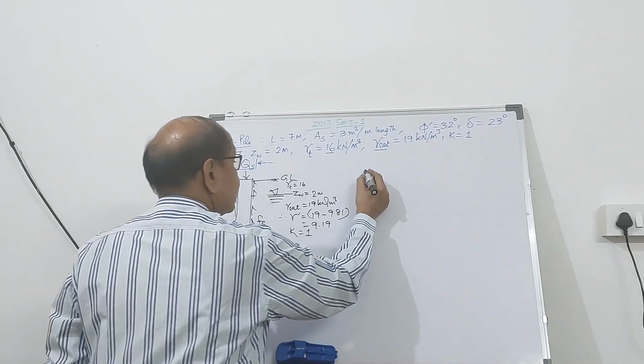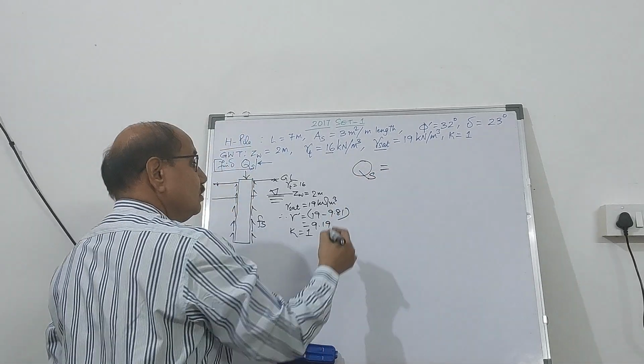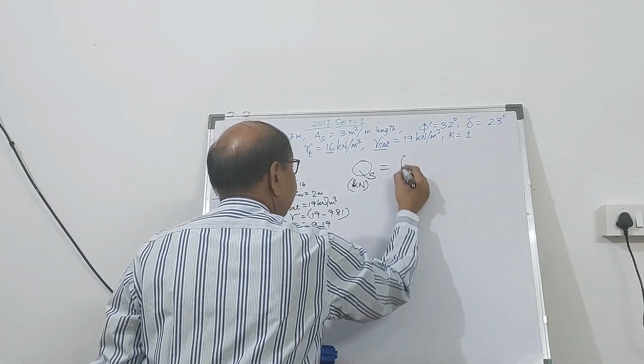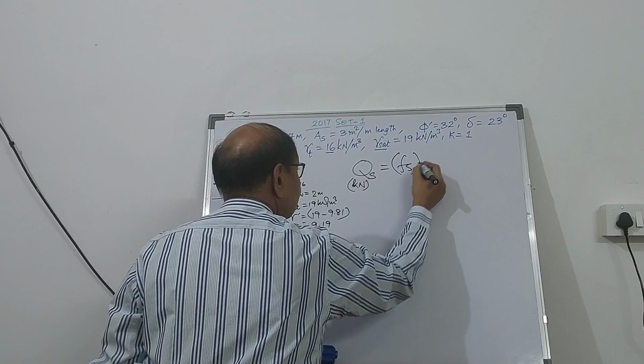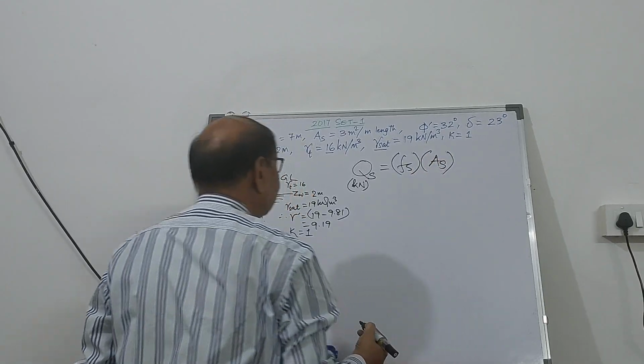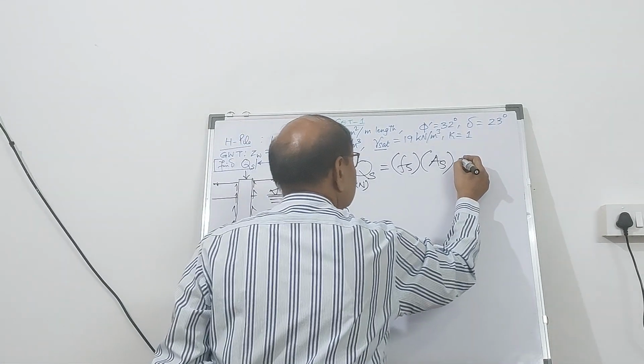So QS, we can find it out in kilonewton, will be the unit skin friction Fs multiplied by the shaft area. So this is the equation,